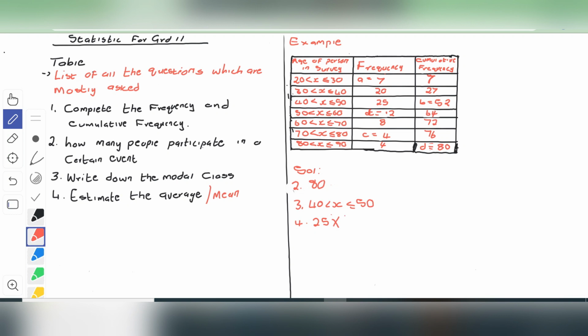So multiply by 7 and I add, then I come to the second one. Remember, from this one I chose 25, so my interval has to go by 5. Because it's 30 to 40, I'm going to choose 35 multiplied by 20 people,